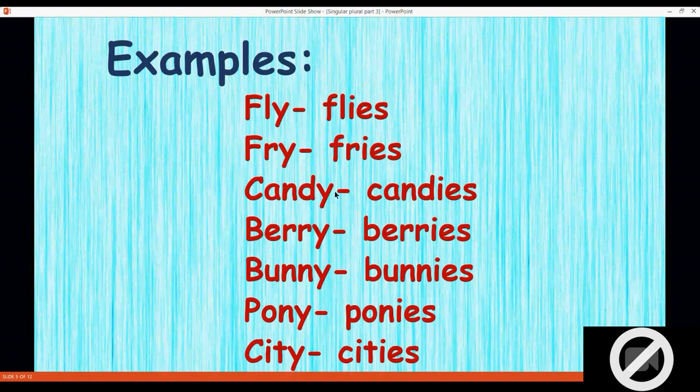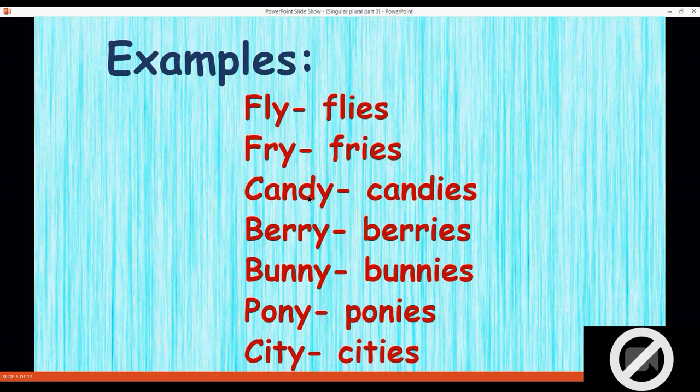And children, I will just tell the meanings of these words in case you don't know them. Fly means a fly, or flying in the air. A fly like a house fly or a butterfly. Also, it means flying in the air, an aeroplane flying in the air, a bird flying in the air. Fry means we put some food in the oil and fry it, like KFC chicken fry or banana chips fry, or French fries.